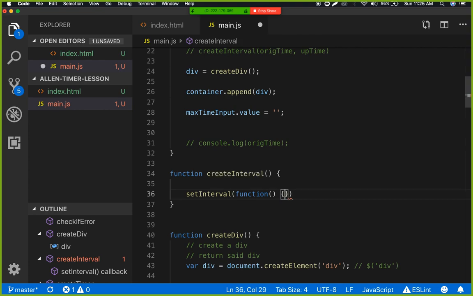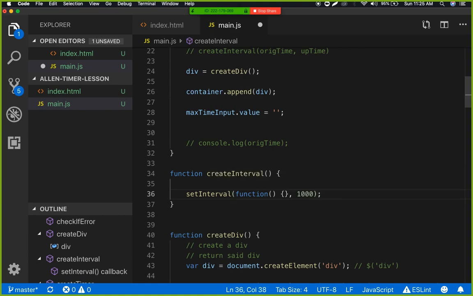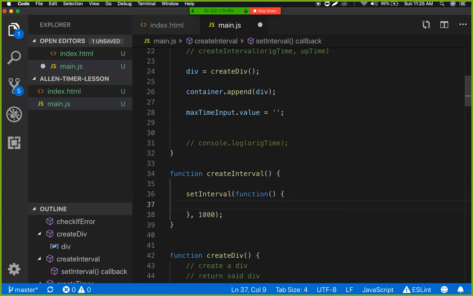And we need our second parameter, because we're decrementing every second, so passing in 1,000 milliseconds, which is what is 1,000 milliseconds? It's 1 second. You guys already know that because you're smarty pants. All right, so